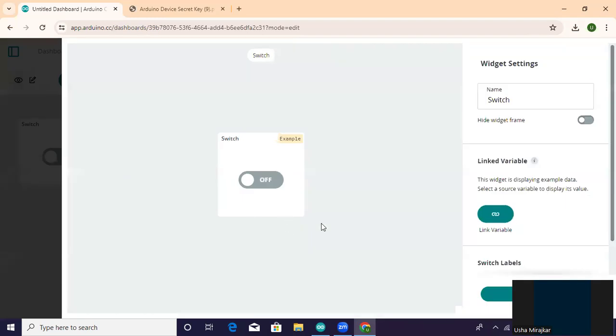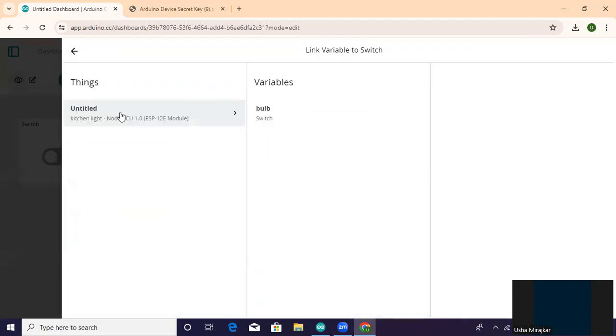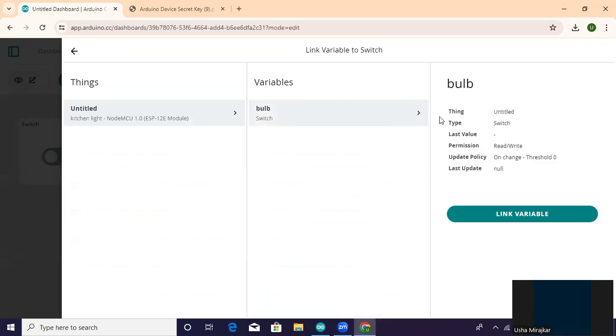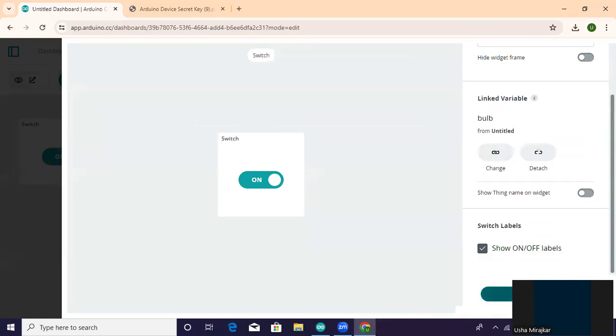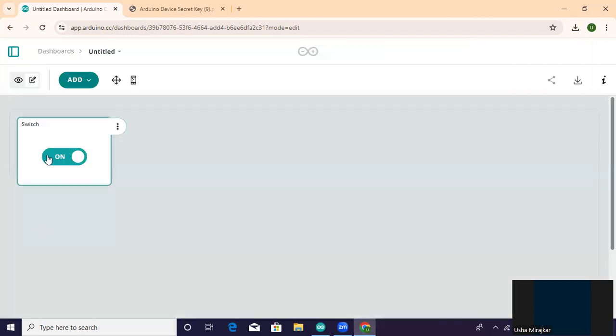Switch here added. Click on link variables. We need to link with the bulb here. Bulb, link variable. The type is the switch here. Link variable. Now it is linked here. Therefore done. Now you can see here off and on. Through the dashboard also we can control here. Cloud dashboard.